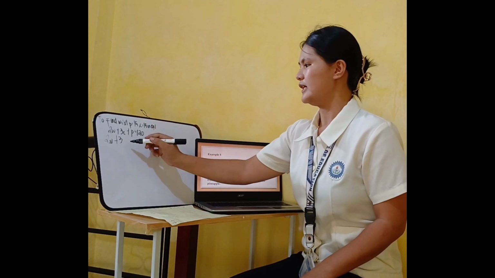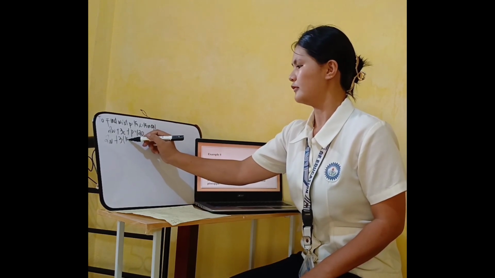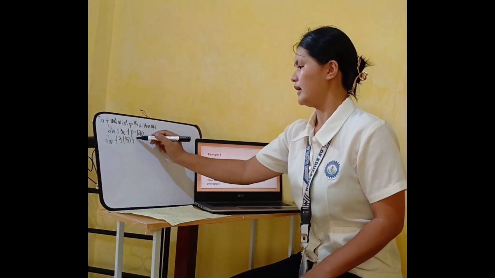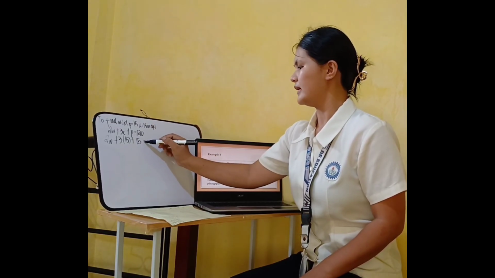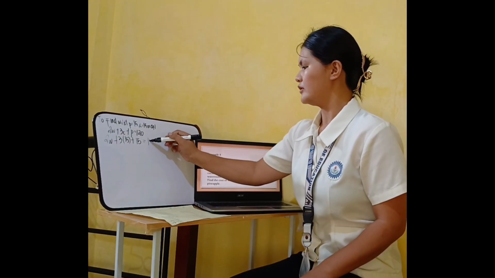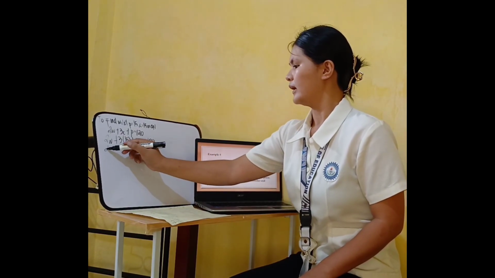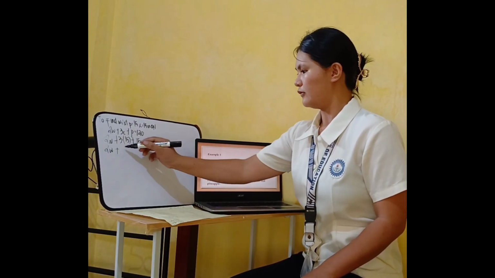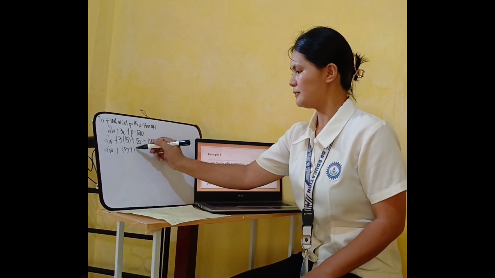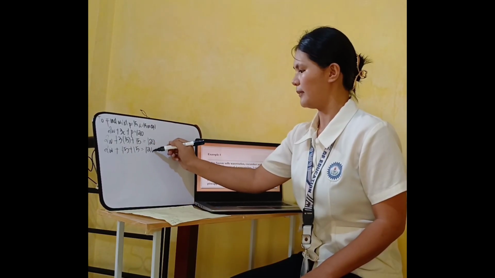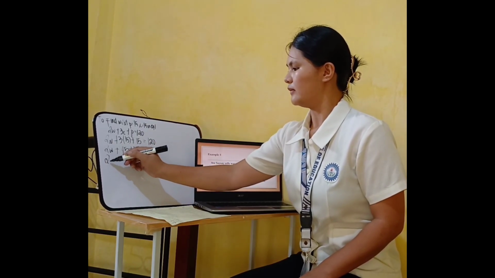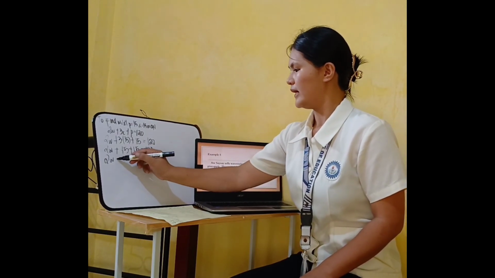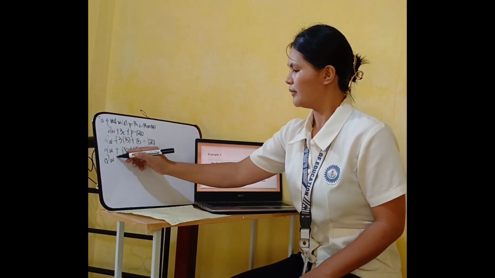Substitute natin yung value ni C, which is yung 15, plus copy natin yung value ni P, 15 is equal to 120. Copy yung 2W plus 3 times 15 is equal to 45 plus 15 is equal to 120. Copy the 2W. 45 plus 15 is equal to 60. So, plus 60